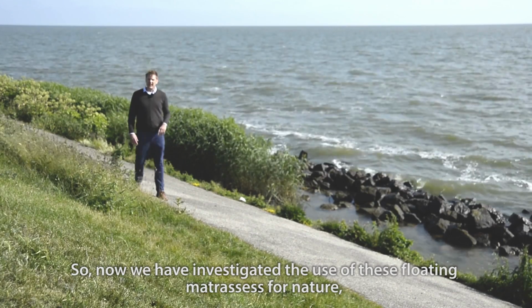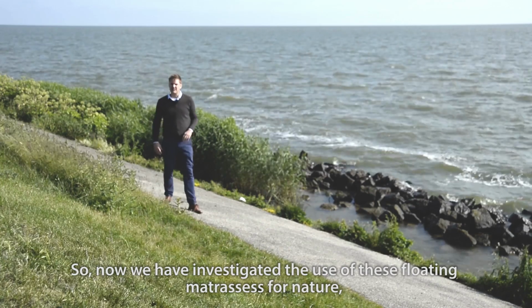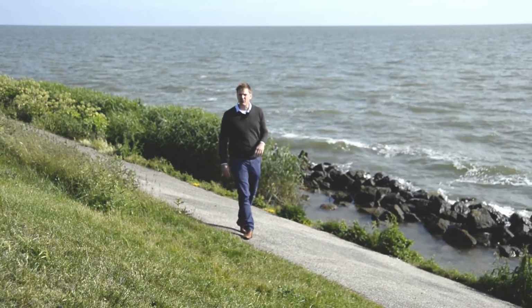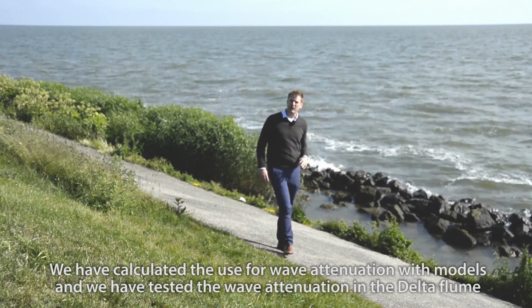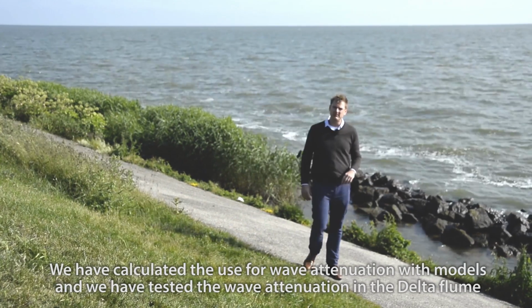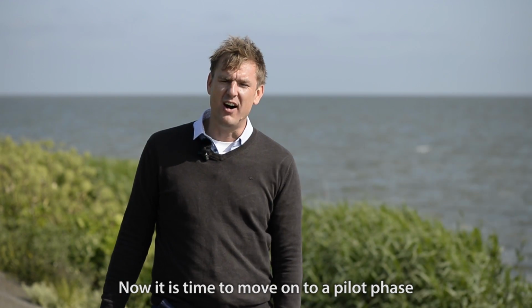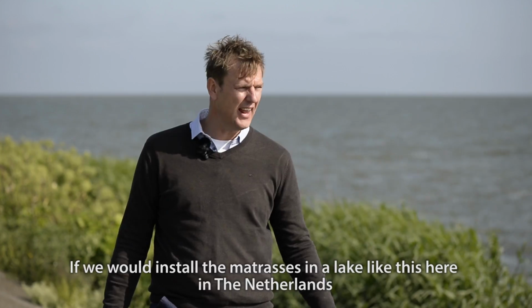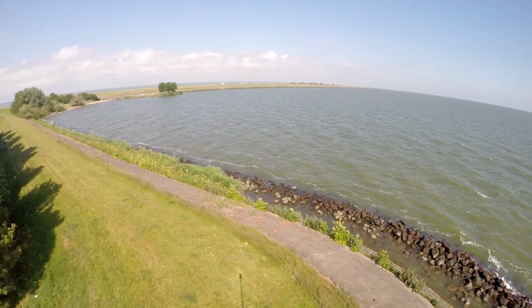So now we have investigated the use of these floating mattresses for nature, for water quality. We've calculated the wave attenuation with models and we have tested the wave attenuation in a delta flume. So now it's time to move on to a pilot phase. If you would install these mattresses in a lake like this here in the Netherlands, we can further monitor and